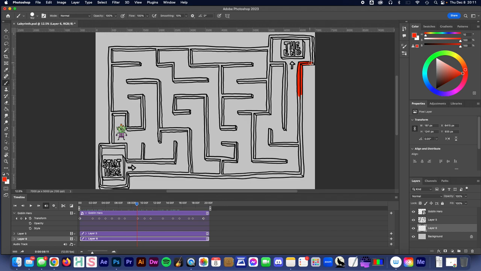So take your time. Also remember, if you want, you can draw up some bad guys for the labyrinth and add those guys in. You can animate them in exactly the same way. So let me just pause coloring this in for a second, and let's say I wanted to add a little